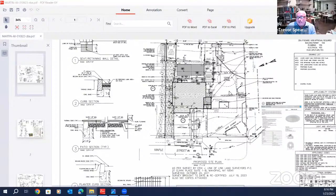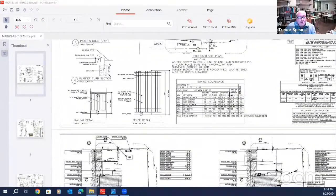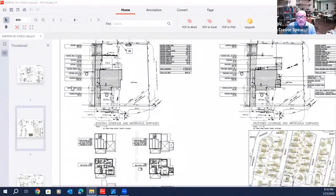But what we're doing overall, and I'll go straight to sheet 2, which shows our existing coverages on the top left and our proposed coverages. And we actually are proposing a reduction in coverage. And although we still exceed the allowable by 5.3%, I believe currently we are somewhere in the 8 to 9% range